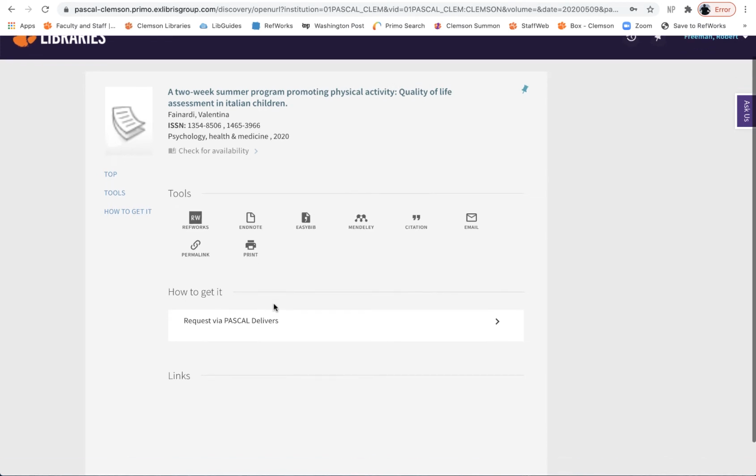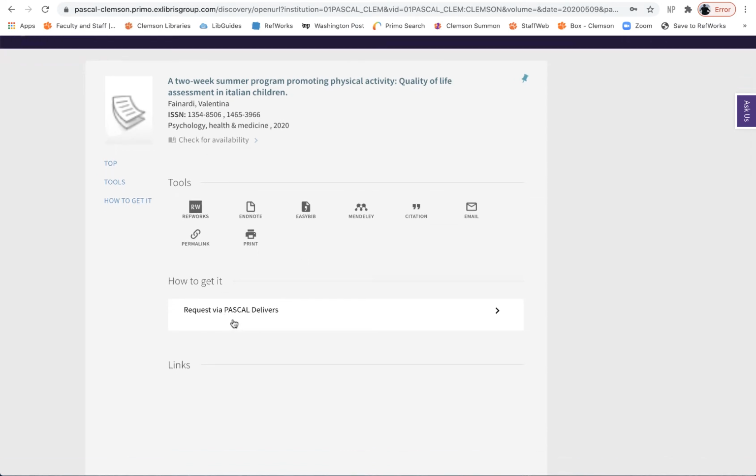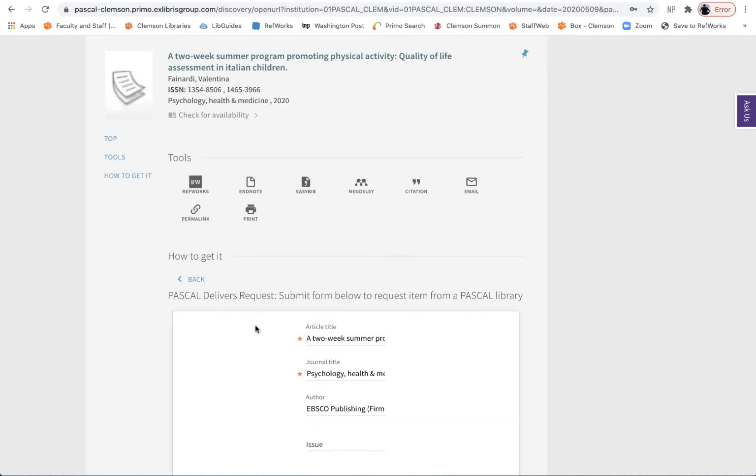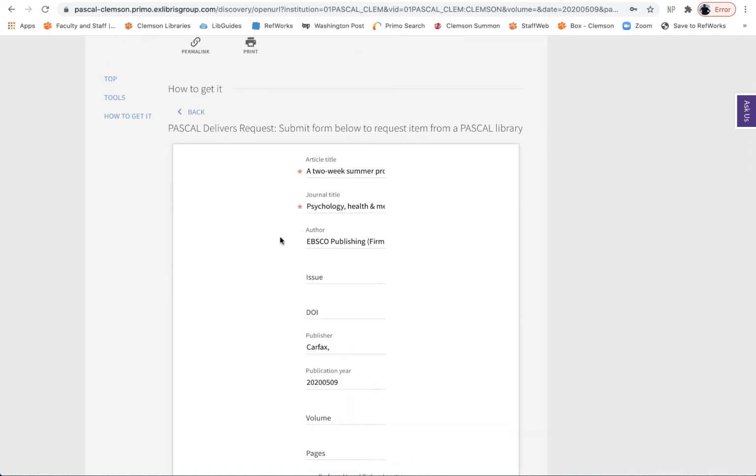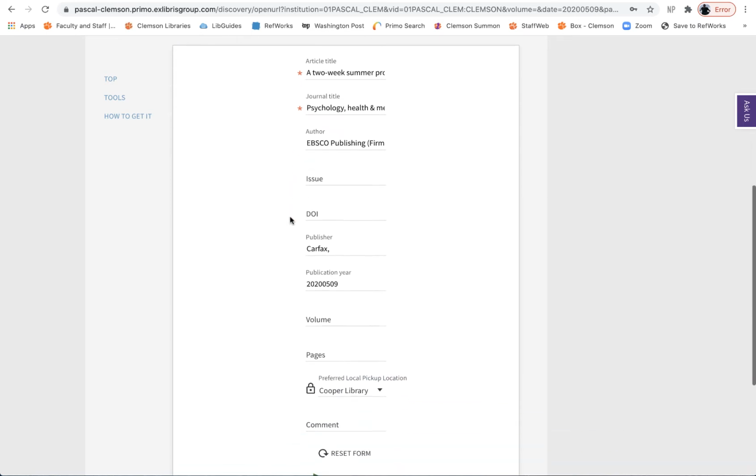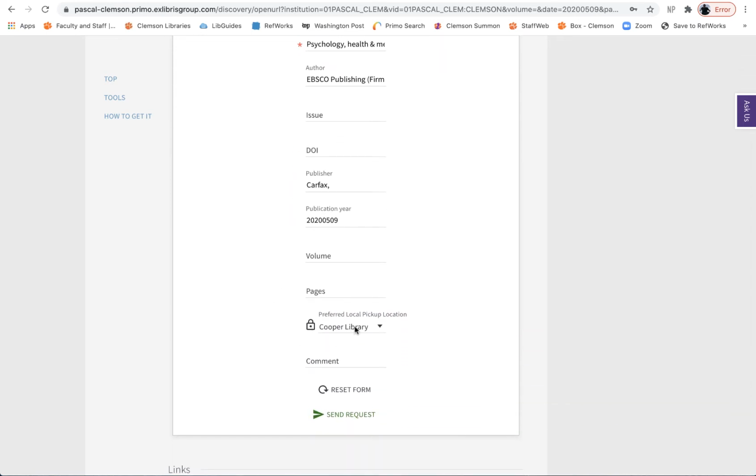Okay, so it'll give you the option here for requesting via Pascal Delivers, or it might be an option for interlibrary loan. Either way, you can click on that, and it'll give you the option to request the article. It'll list the title and the journal title, and if you scroll down, the pickup location is always going to be locked at Cooper. We're going to email this to you, so don't worry about that. Then you can click Send Request, and you'll request that article through Pascal, and you'll get an email